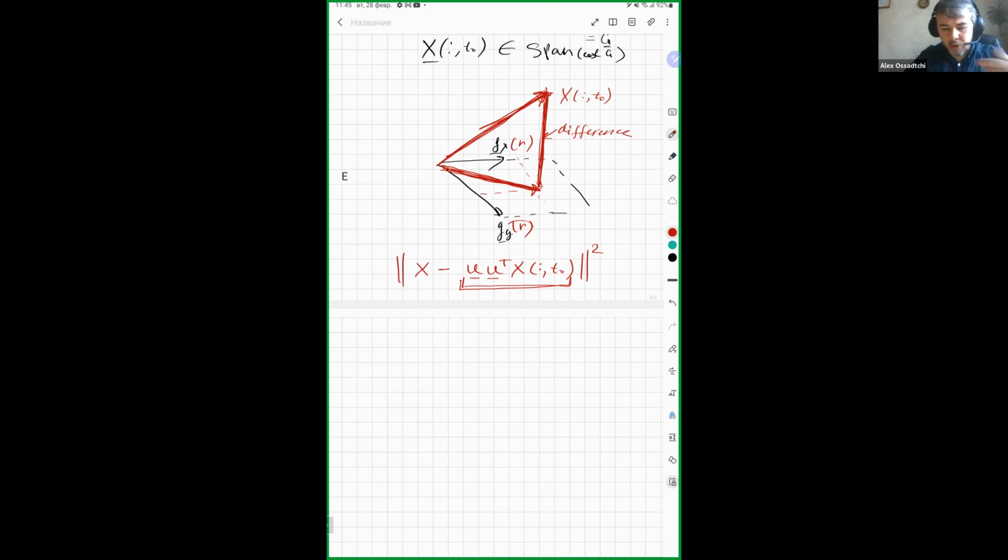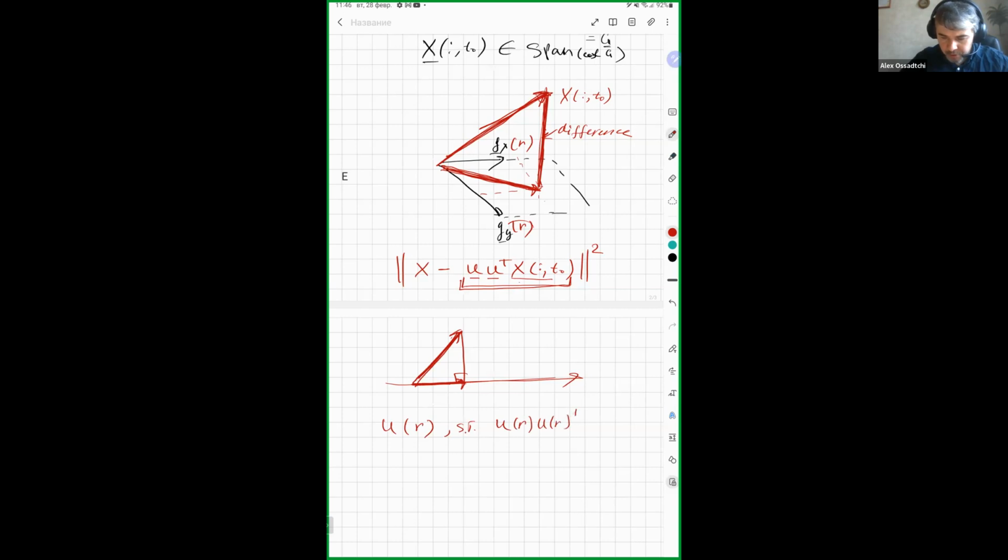And all they can do is project the vector x onto the space spanned by the columns of U, okay? And the projection can never be larger than the vector itself, right? Because if this is a vector and I project it on this direction, and this is 90 degrees, then according to the triangle inequality, this side can never be greater than this one. So it's legitimate to look for such a U, and U itself depends on R, on location, such that